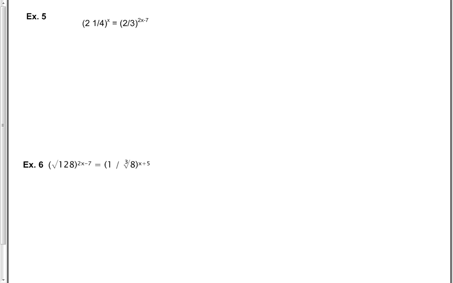Example 5. This one is kind of ugly. It's a mixed number, first of all, and that's just making me a little squirrely. On the right side, it's 2/3. But because I have a mixed number on the left side, I'm going to change that to 9/4 to the x. And at least I have two fractions I can compare. Notice the 9/4 could be written as 3/2